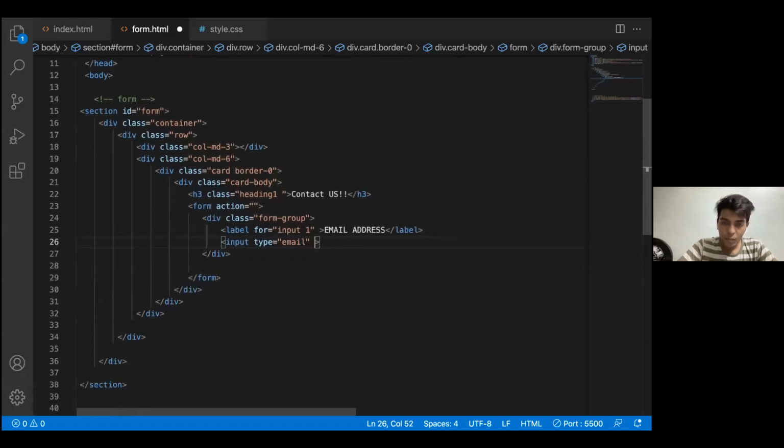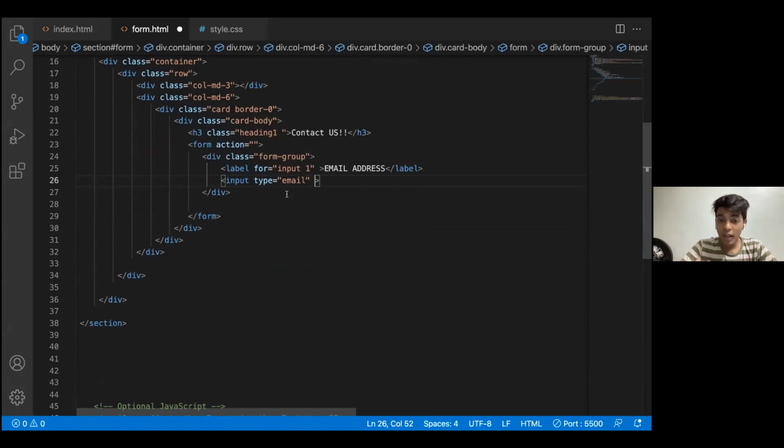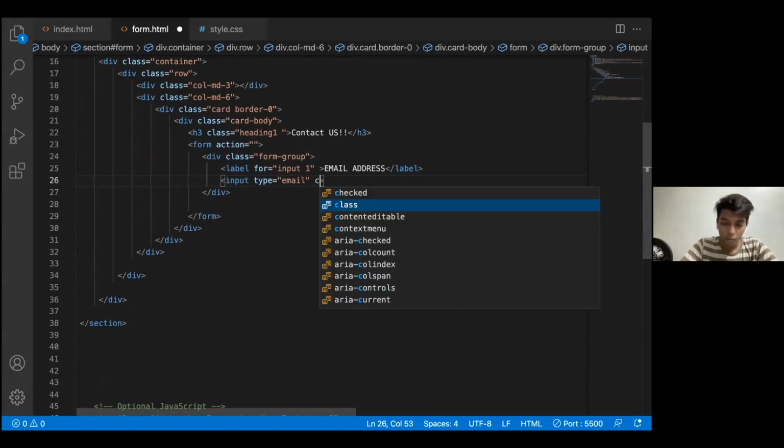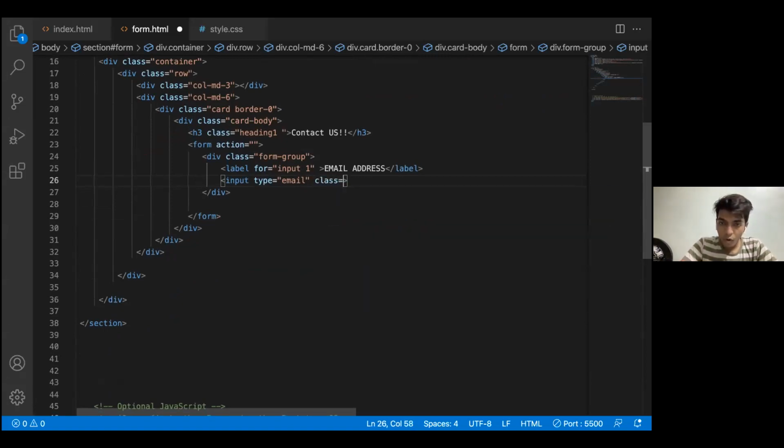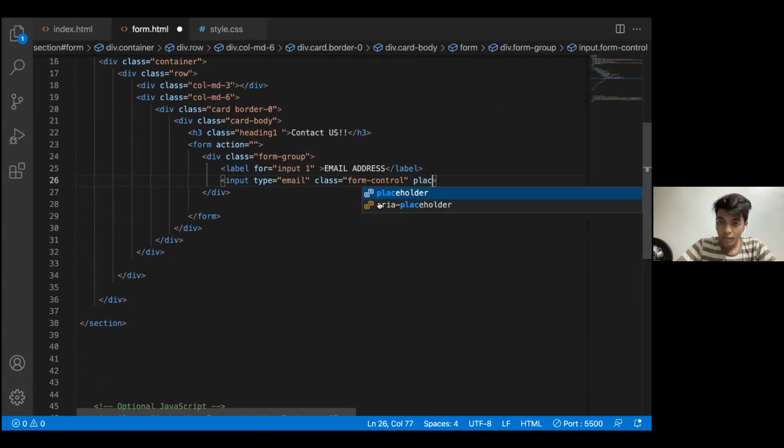Just be with me and note the things that you need to have in a form: a class of form-control, and we should have a placeholder so that we know what to enter.